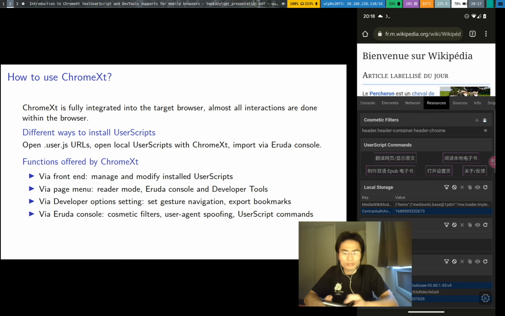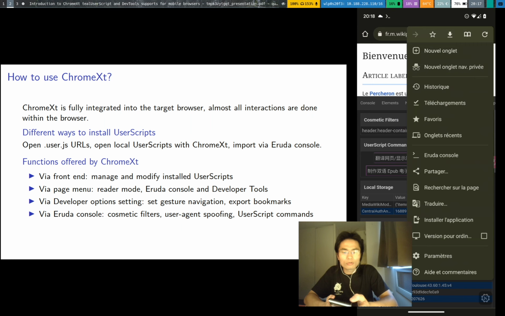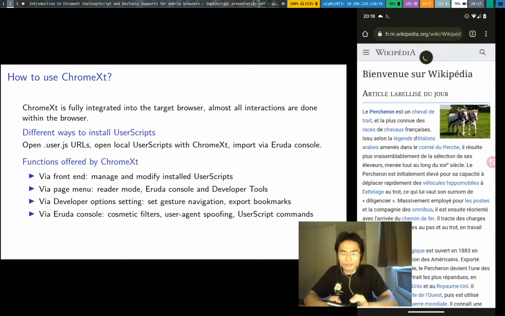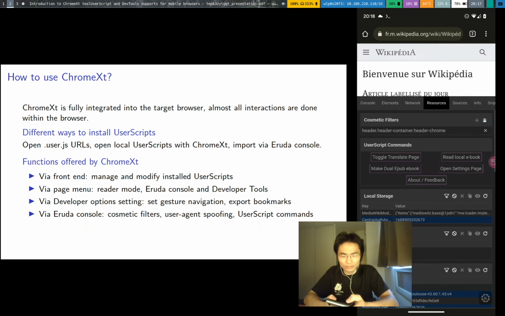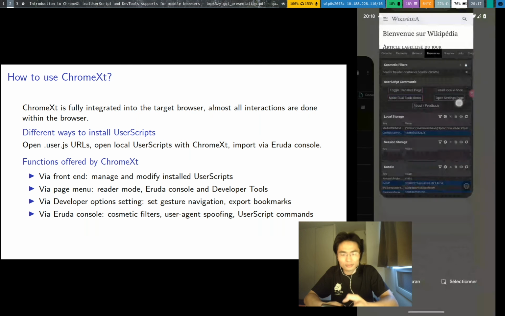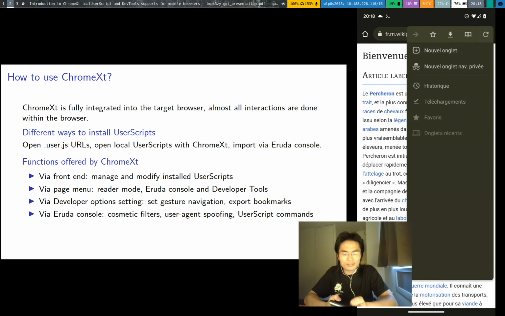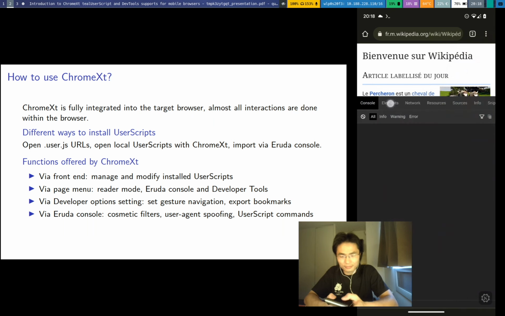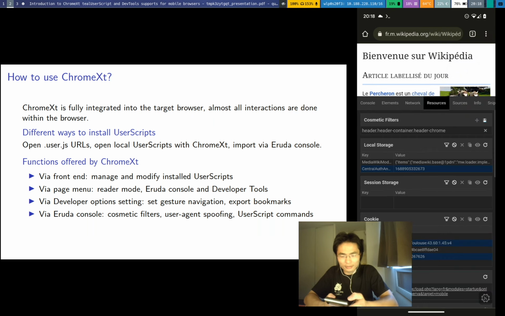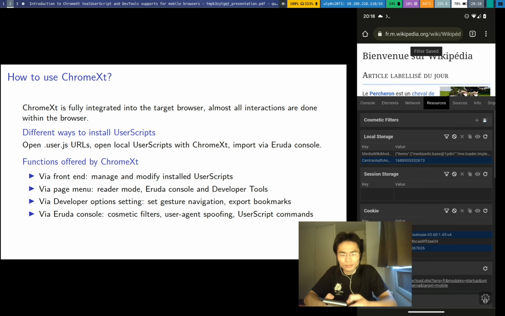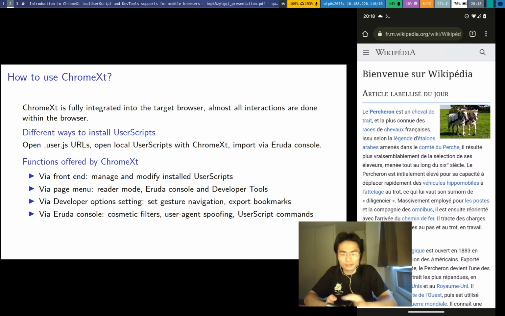So when it is saved, after we refresh the page, okay, this one was not saved. We may need to restart the browser. Okay, so once it is saved, even if you restart the browser or refresh the page, that component is still removed. We can remove the filter to restore the original one. Now the element is restored.